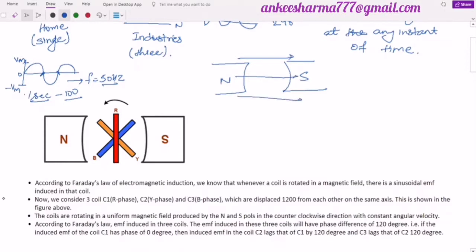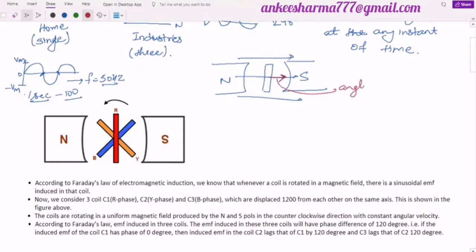And if I place any conductor inside it, let us assume this is my conductor, then definitely if I move this conductor in the anti-clockwise and the clockwise direction, the magnetic flux lines crossing this conductor will change. For example, if I take this case where the perpendicular of this conductor, let me draw it with a different color, the perpendicular of this conductor is parallel to the magnetic lines of force, or simply if I say the angle over here is